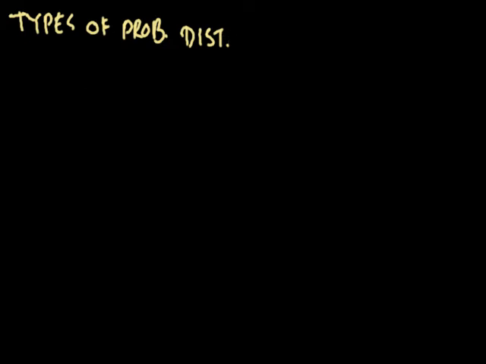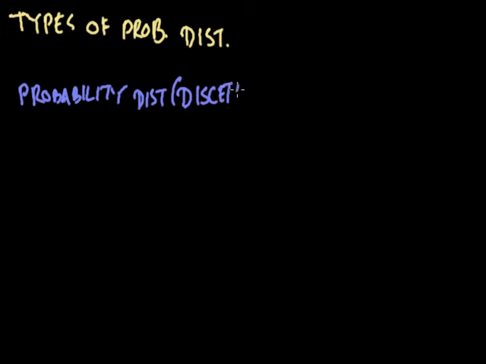One of them can be called probability distribution from discrete random variables, and the other can be called